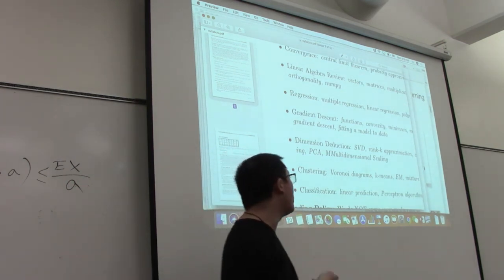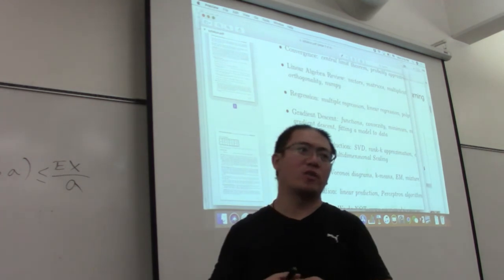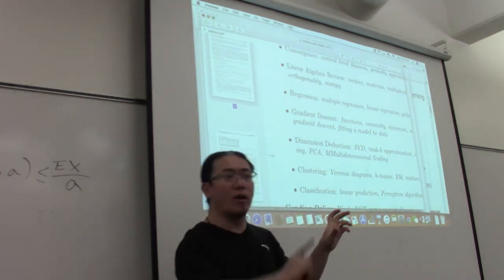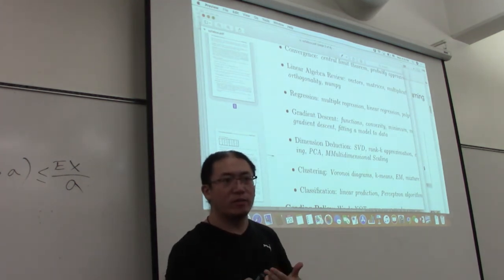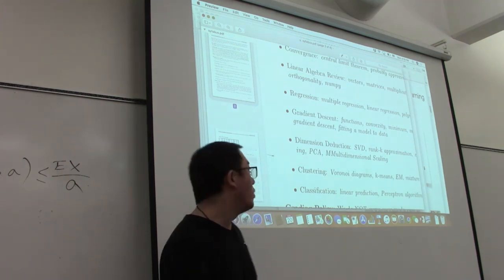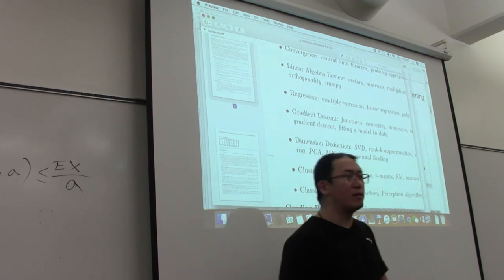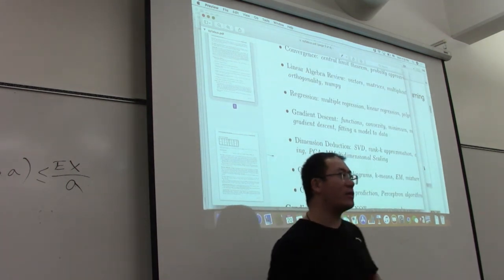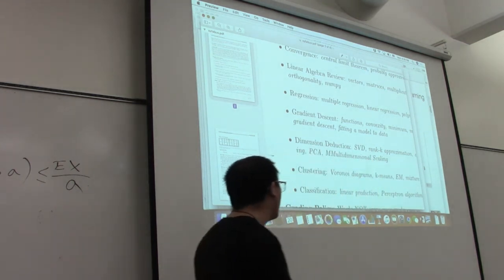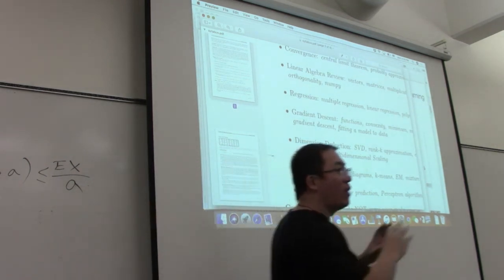And finally, classification. Of course, classification is a kind of discrete regression. If you want to use a set of variables to predict a binary or discrete variable, this is called classification. It is another very important problem in data science, and we'll introduce linear prediction, like the perceptron. The invention of the perceptron is considered the start of artificial intelligence. Also, it's very, very simple. So these are pretty much what we're going to discuss throughout the entire semester.